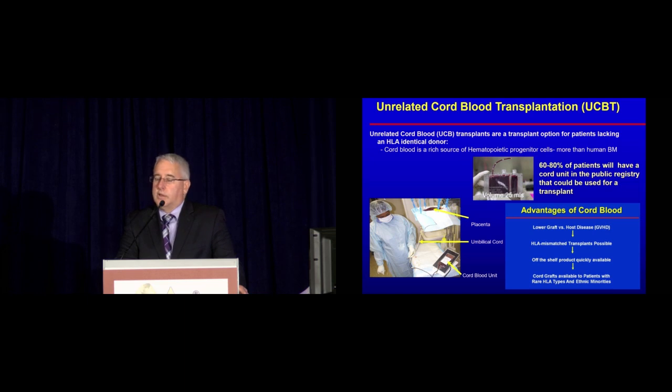Cord blood is collected at the time of delivery from the placenta. It's a very rich source of hematopoietic stem cells. It's frozen. It's an off-the-shelf stem cell product. The great thing about cord blood is that because of the immaturity of the T cells, you can get away